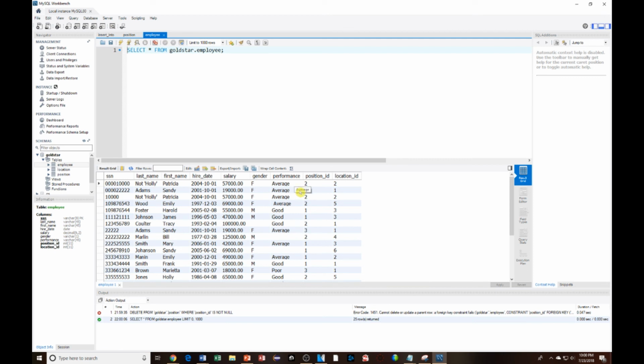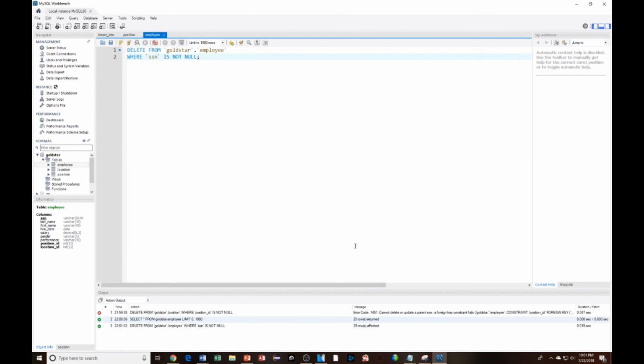So the reason I'm demonstrating this is for you to be able to play around when you're working on your project. If you need to clear the tables, you don't have to do it manually each time. So I'm going to work backwards and delete from the employee table first, and then I can delete the rest of the information. So let me write a new query. So delete from, include the schema name, the table name, employee, where, and I'm going to use the primary key, where the primary key is not null, with my semicolon,